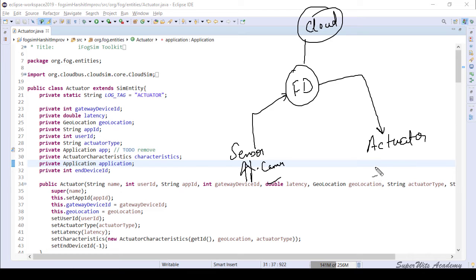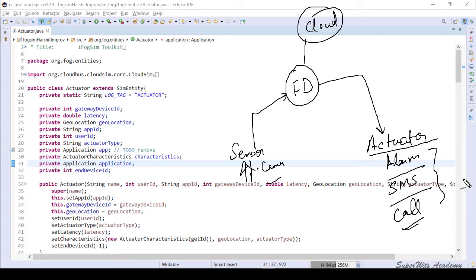Whenever some thief is going to break into the house, or whenever such incidents happen which lead towards theft of any material from the house, the camera as a sensor should detect it. Then the actuator must be some sort of alarm, or maybe an SMS, or a call sent to a law enforcement department. Any such actuator can be placed in this setup, so it could be any one, or it could be a number of other actuators.